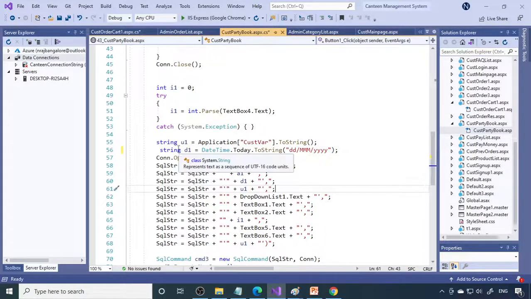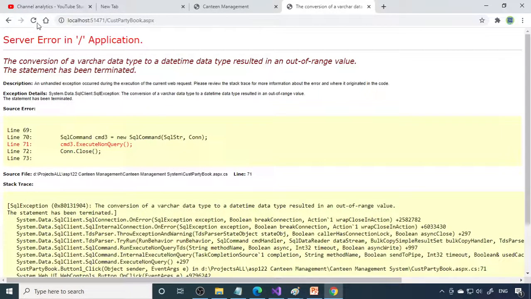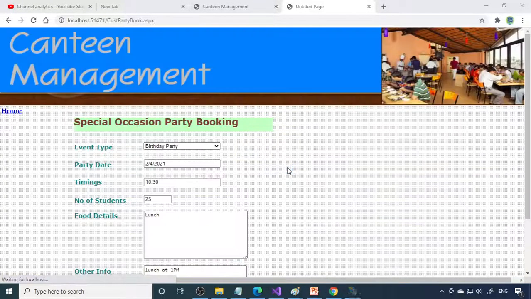Okay. So here we say string D1 is equal to date time today dot to string DDMMM. So whatever this date is, it should be converted and transferred to D1, and here we transfer it to the insert statement. Therefore it is in the date format, it will accept as a date format. So now I'll save this. So if I go back and refresh this, if there is no problem, it will save the record. Okay. So record saved successfully and then it is done.